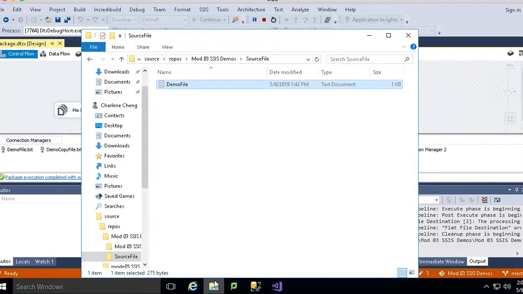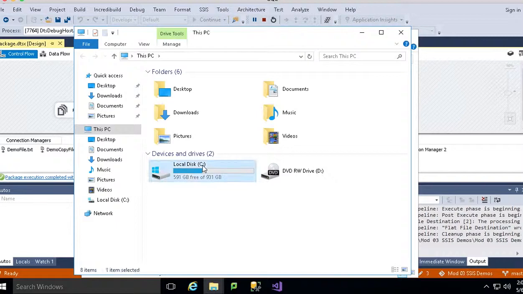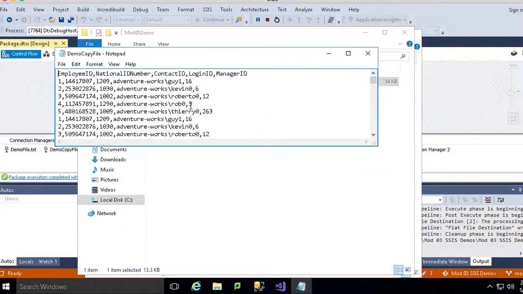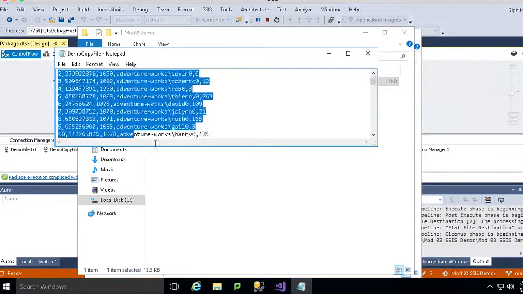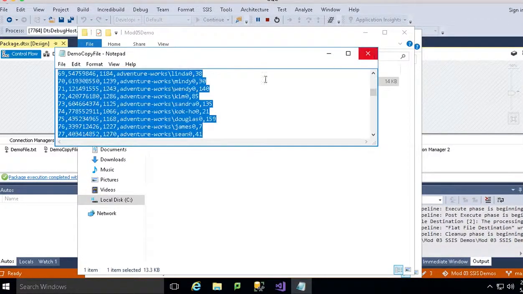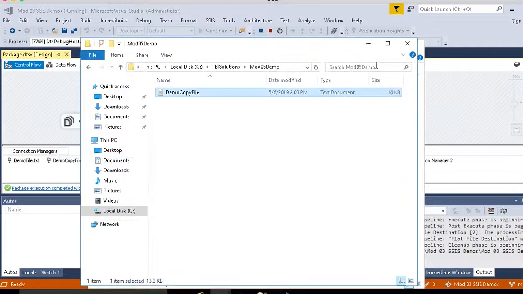This is our original file. And this is our copy file. You can see it appending all those lines from the database table at the end of our previous text file. Okay,